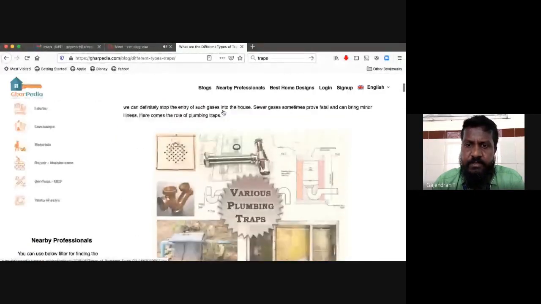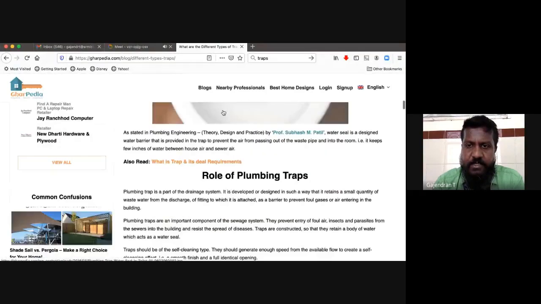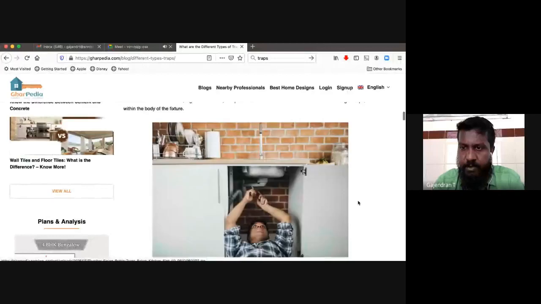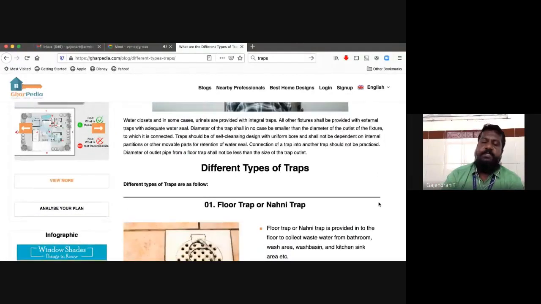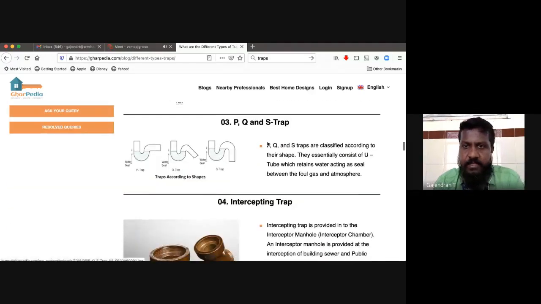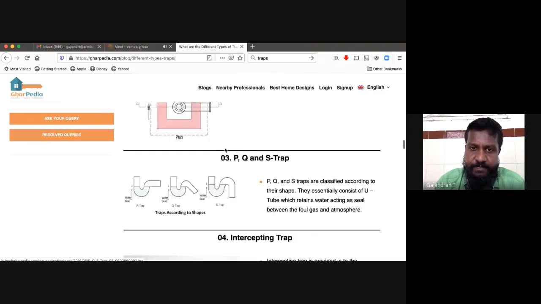So traps can be used at various places. These are explanations of the traps, but I'm just recalling what they are meant for. So this is a person fixing up a wash basin trap. The intent of the trap is that there is going to be water constantly stagnated in them. Commonly used traps are P, Q, and S traps. So this water, which is going to be a constant factor, will prevent insects from coming from the main line inwards to our residences. Similarly, any foul smell from the main sewer is prevented.